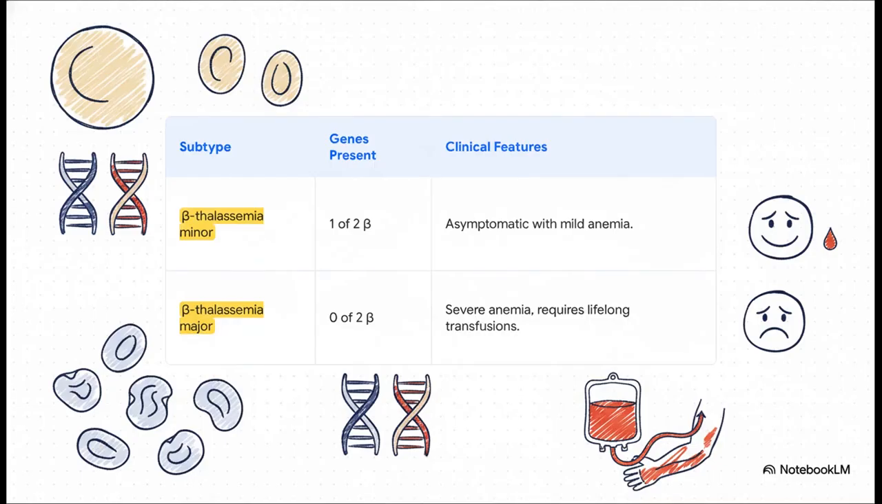And this all leads to 2 main outcomes. If one of your 2 beta genes has a mutation, you have what's called beta thalassemia minor, which is generally pretty mild. But if both genes are mutated, the result is beta thalassemia major, and that's a life-changing diagnosis. Without any functioning beta globin genes, severe anemia develops within the first year of life, and survival depends entirely on